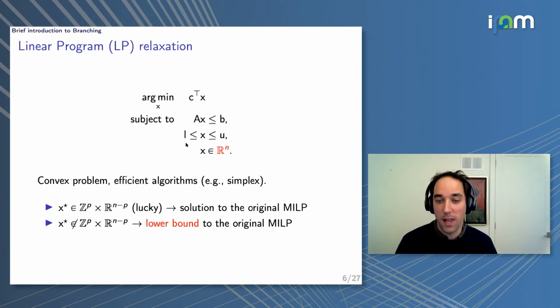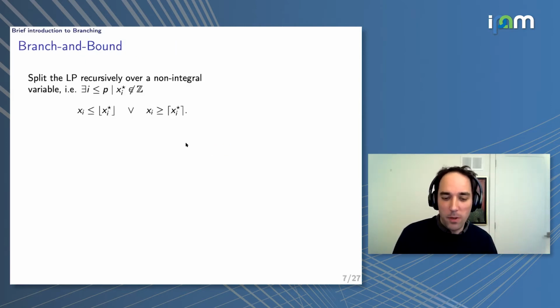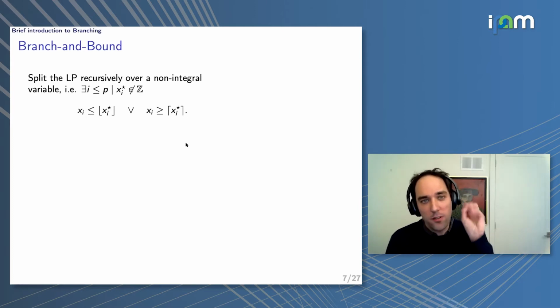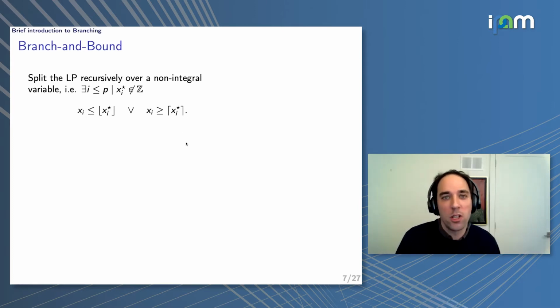You've solved a relaxed problem, and so you get a lower bound of your original method. So now this idea of getting a bound on this MILP is exactly what the branch and bound algorithm does. The branch and bound algorithm is the vanilla algorithm that is used, I believe, in all combinatorial optimization solvers or all MILP solvers. The basic idea of branch and bound is to split the LP recursively over a non-integral